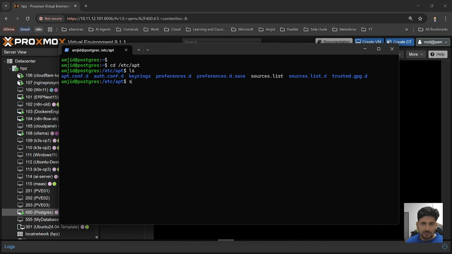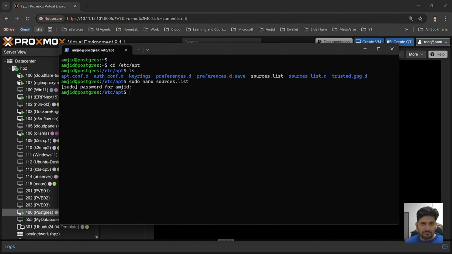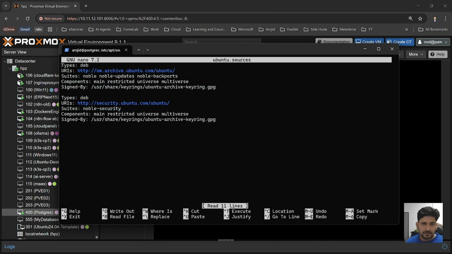So I will do sudo nano sources.list, and you can see here that this doesn't have, of course, the list, but it says that it has moved to sources.list.d and ubuntu.sources. So let me open that folder, which is cd sources.list.d, and it has ubuntu.sources. So let me do sudo nano ubuntu.sources. This has all the sources, but you can see here that the URIs are